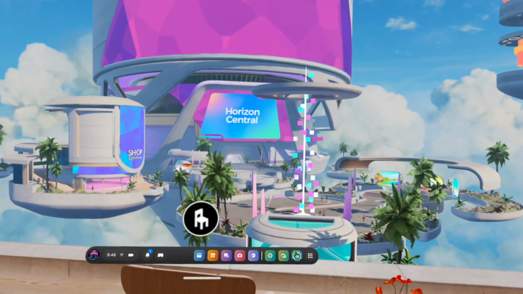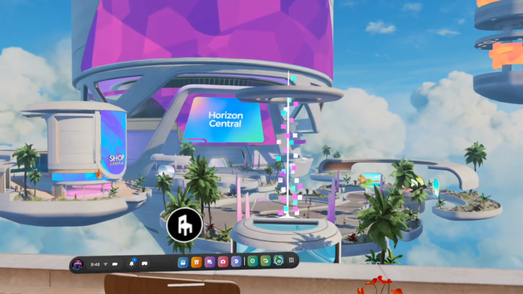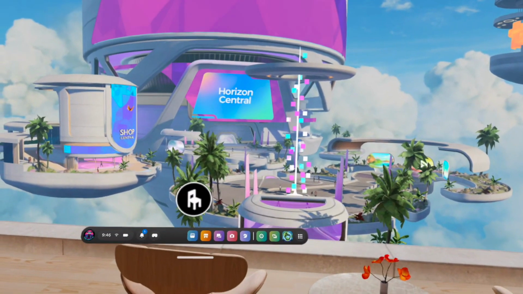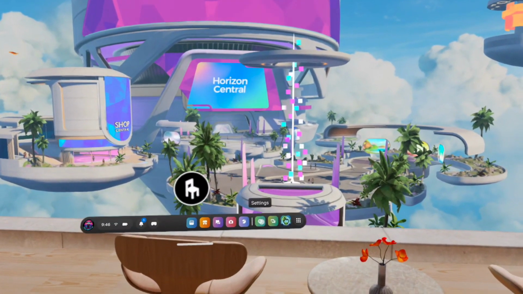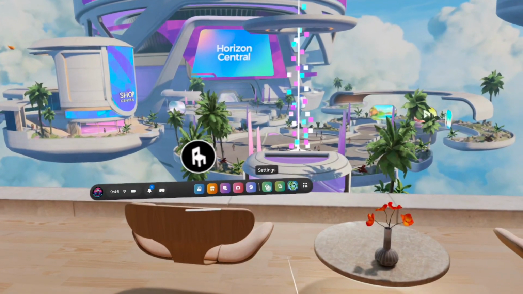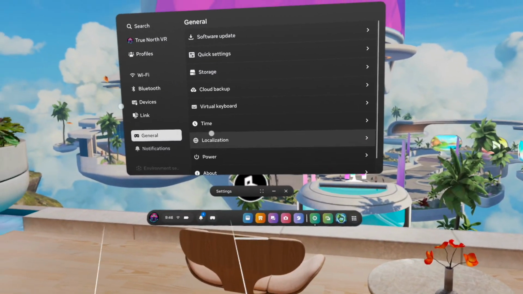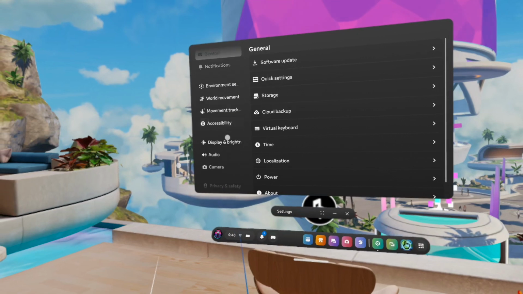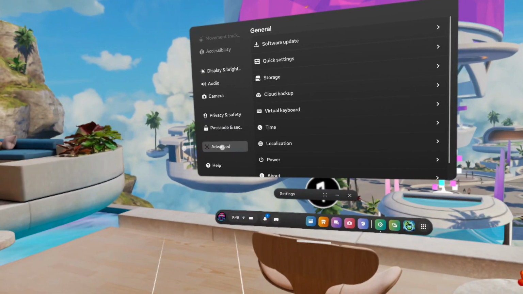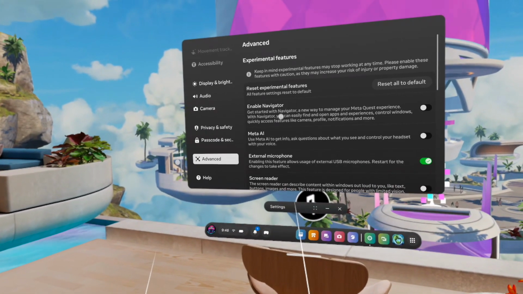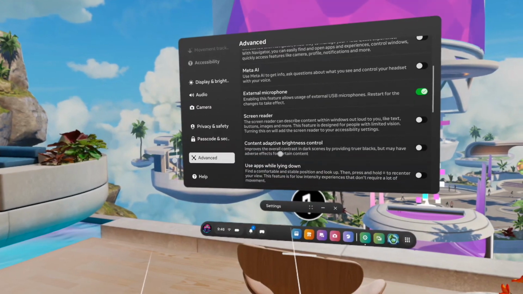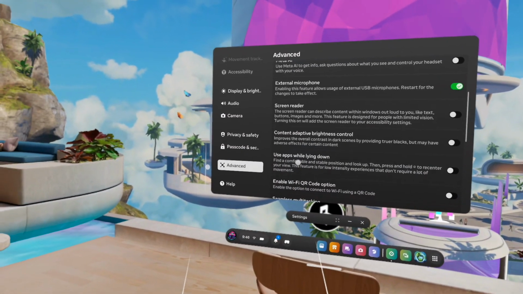Today we're going to check out how you can enable the setting to use apps while lying down. So in order to do that, you're going to want to go to your settings menu. If it's not there, find it in your library. Once you're on your settings menu, you're going to want to go down on the left side all the way down to advanced. And about the seventh one down, it'll say use apps while lying